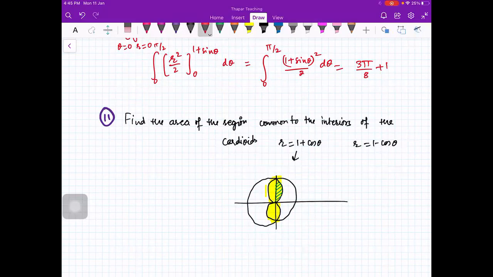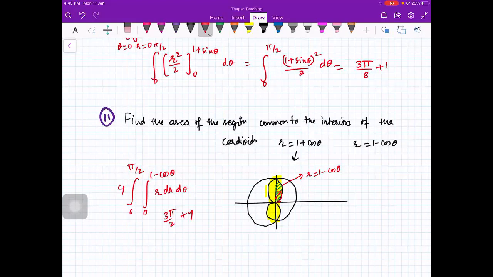So if you look here, this is the equation R is equal to 1 minus cos theta. So your R is from 0 to 1 minus cos theta. This is the limit for R, and theta is from 0 to pi by 2, and then you multiply by 4, R dR d theta. Okay, so this is the area, you can compute it. So you'll get this equal to 3 pi by 2 plus 4. Is that okay? So this is very simple, how you can compute the area which is common between two curves, right?